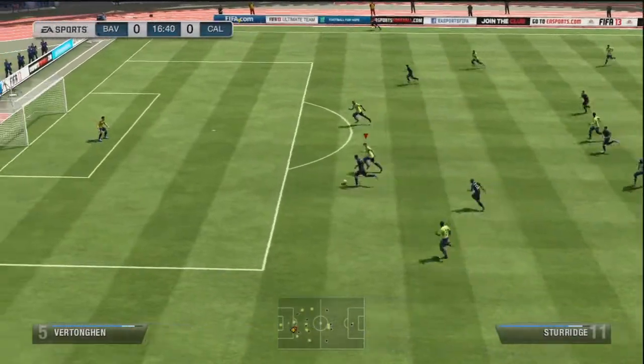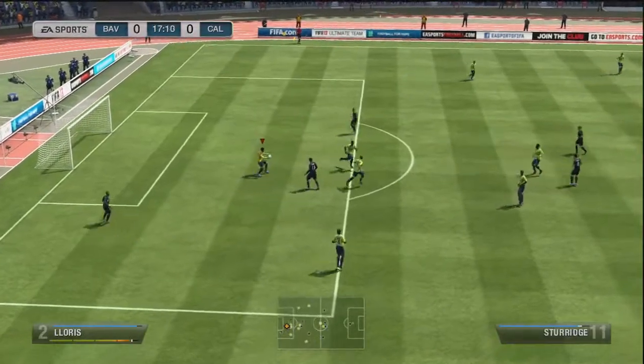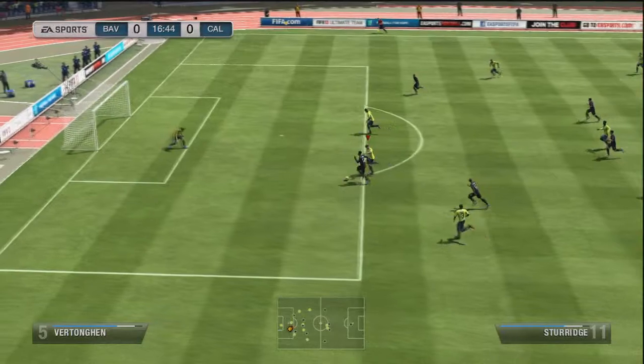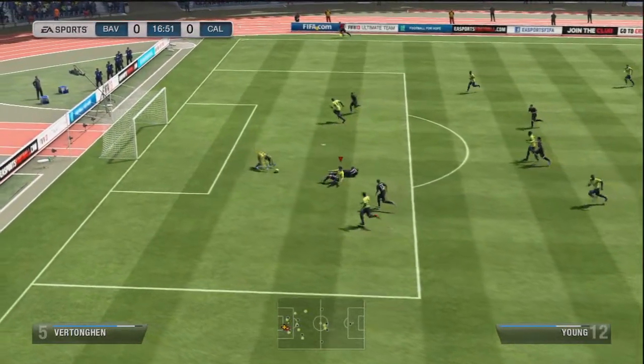You can see here actually a good example of one of the sliding tackles. Exceptional technique on that. I did put in a slow-mo replay so you can see the technique. Slides in and gets the ball away from Daniel Sturridge. Obviously didn't have the pace stats as we saw, but proving there that he can keep up with the opposition